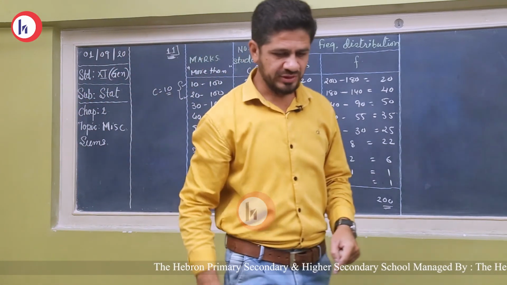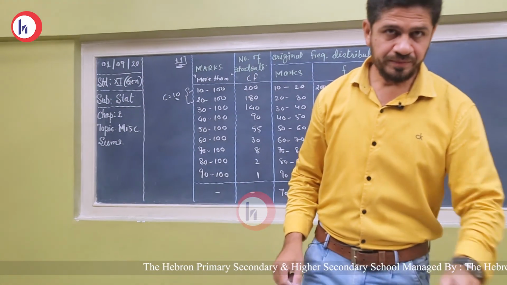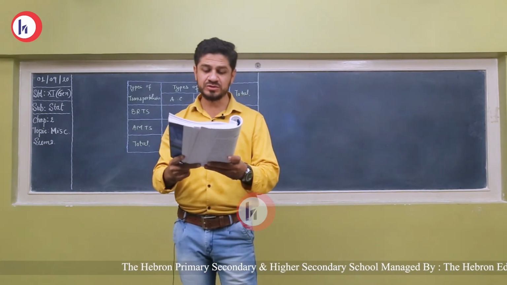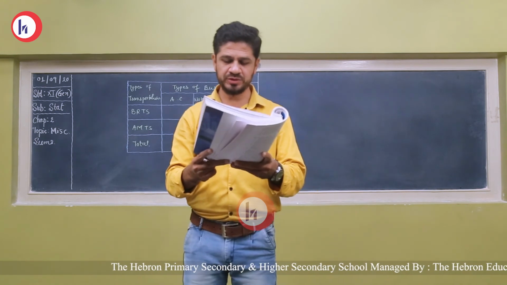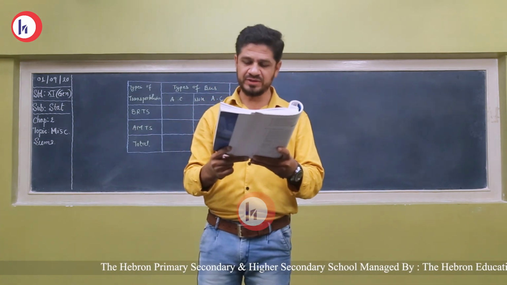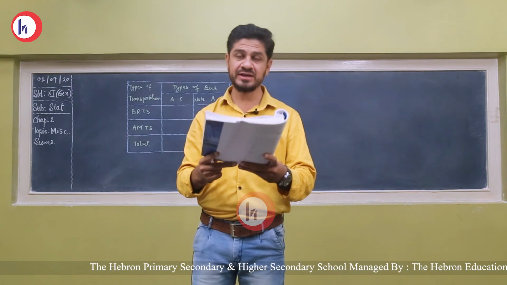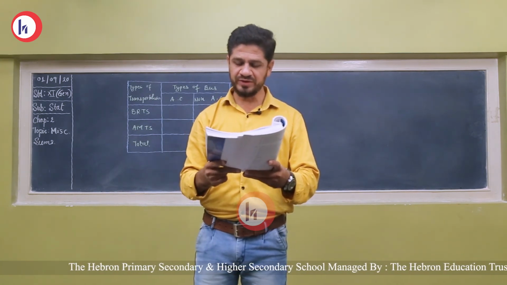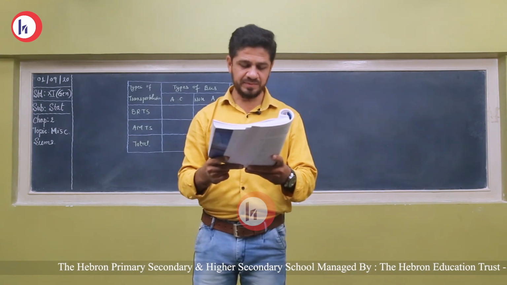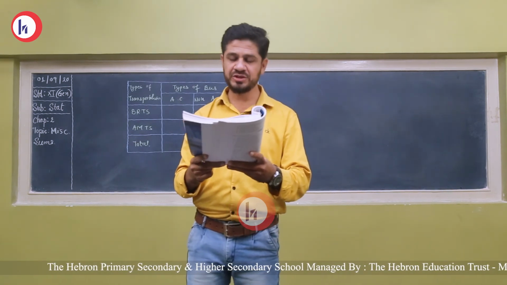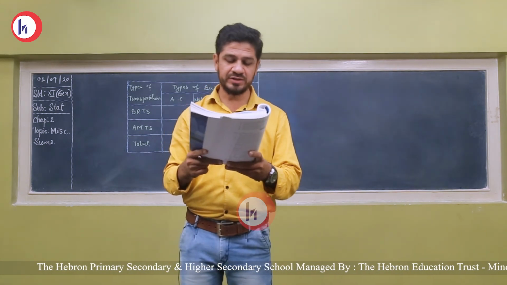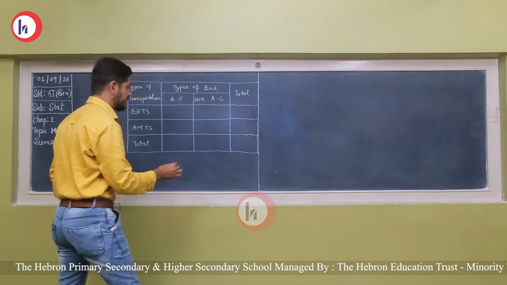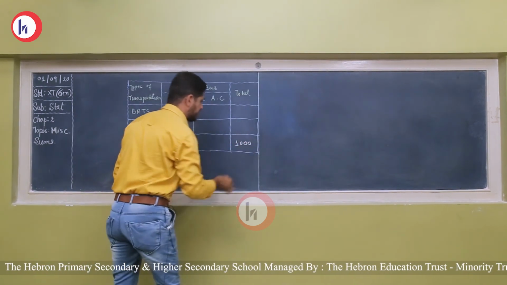Now friend, let's come to the last sum of this video. Question number 13. There are 1000 buses used for public transport in Ahmedabad city. Of them, 350 are used as BRTS and the remaining as AMTS. Out of a total 400 air-conditioned buses, 250 were used as BRTS. Present this information in a suitable table. So the total number of buses is 1000. We will record this value in the last column.